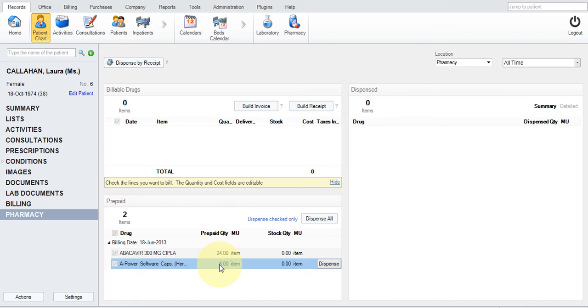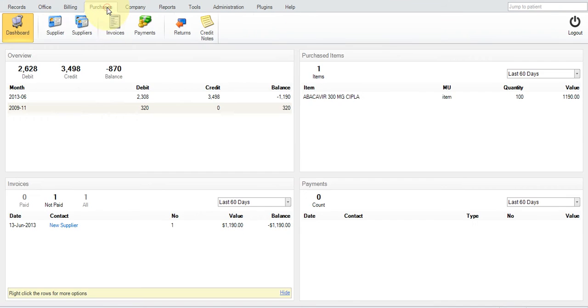We will add these items in stock now. This will not be added by the pharmacist. This will be added by the purchases department. We'll add it here, so we do our workflows. So purchases,